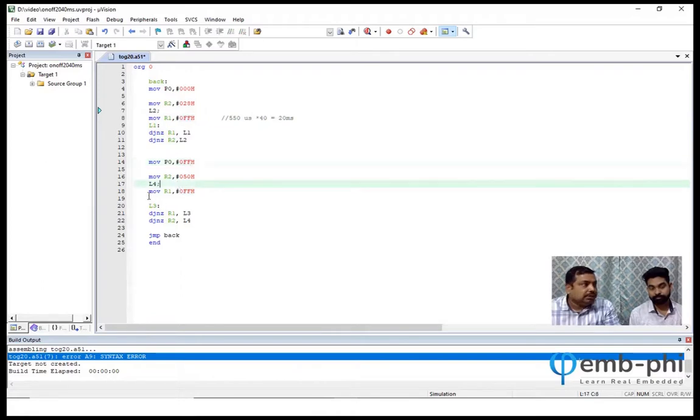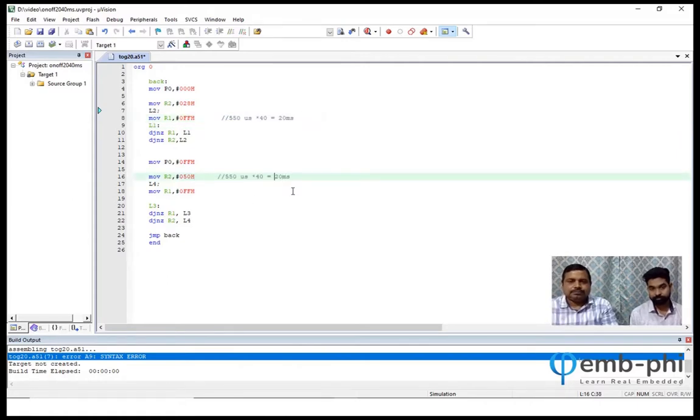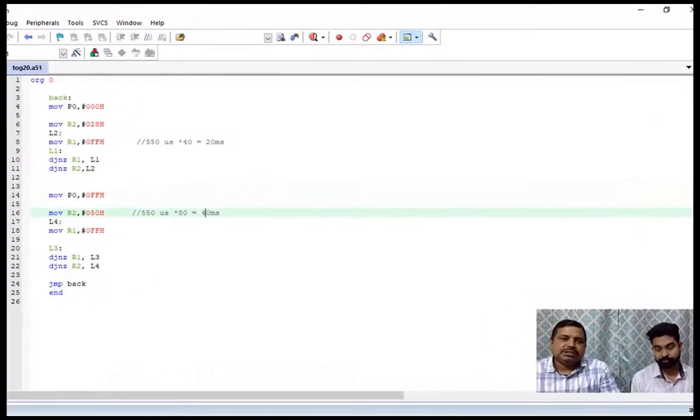Here also same story, but here I want more delay, double the delay. So I did double. Around 80 times I have to run this in order to get 40 milliseconds. Again, the logic is the same, but now we are multiplying with 80. So we are getting approximately 40 milliseconds. This we still have to further adjust based on our output. So let's build it. Okay, in pass 2, we are getting some error.